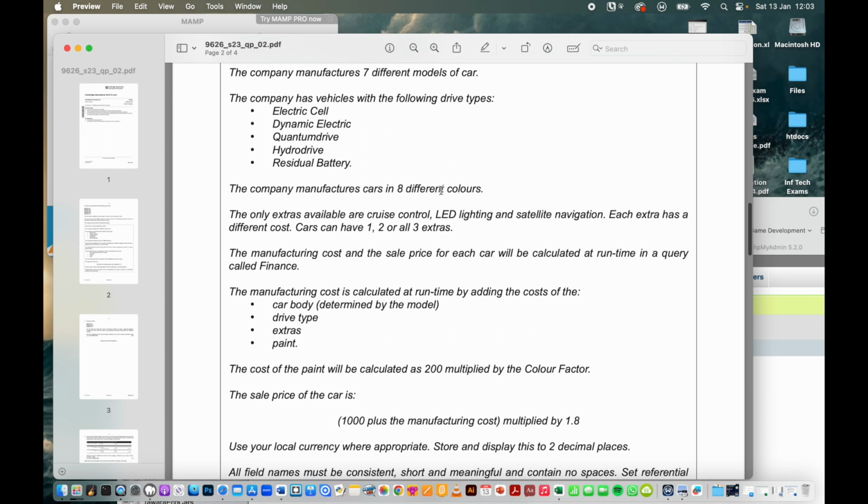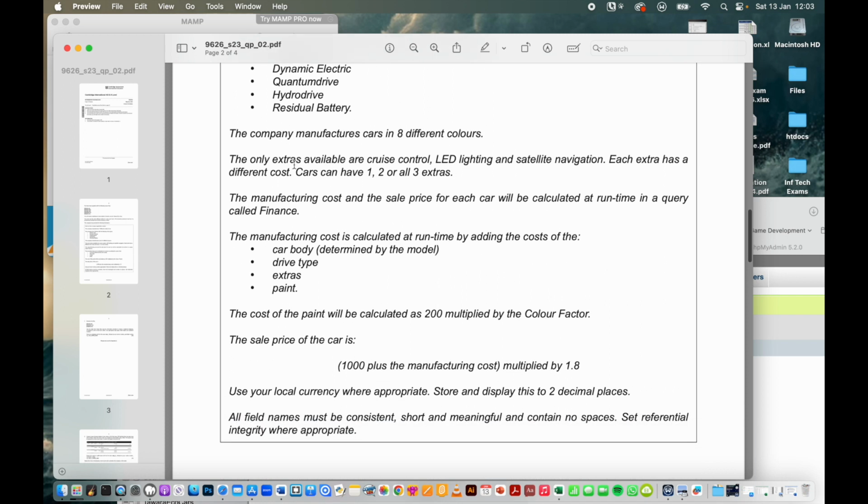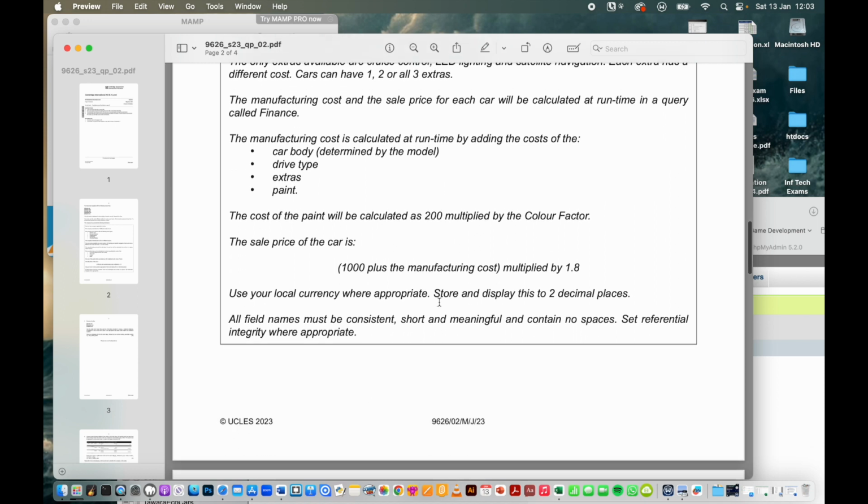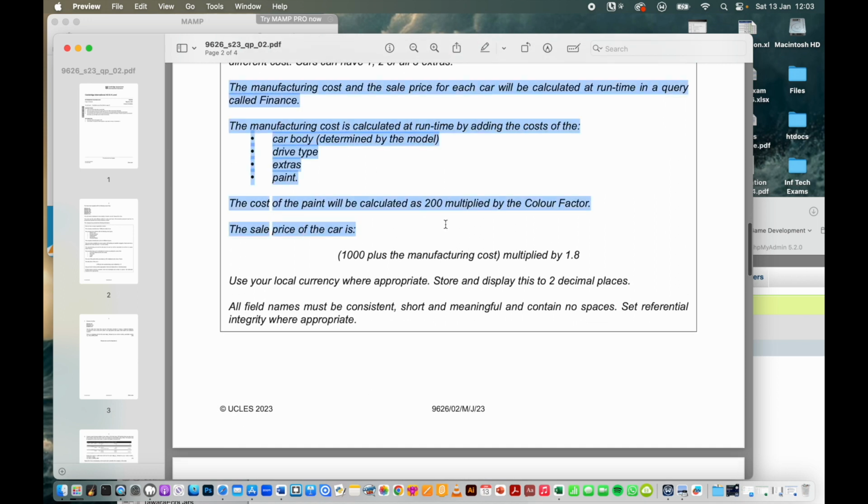We've got the company manufacturing 8 different colours. We've done that. We've got an extras table with 3 different things. We're now up to this last section, which really should be our quickest, not even that line, just this section here, which says the manufacturing cost of the sale price